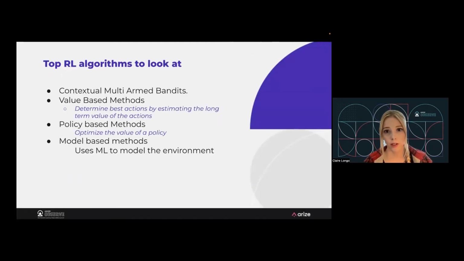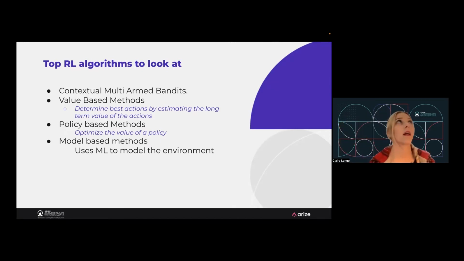So if we're going to go further down the path of using reinforcement learning as a recommender system, there are quite a lot of algorithms to choose from. The first one I would start with is contextual multi-arm bandits. Multi-arm bandits is a very simple reinforcement learning algorithm, and the contextual multi-arm bandits leverage both the user and item data. So it kind of allows us to have a hybrid recommender system that's going to use all the data available to us to make the most personalized recommendations possible. But it's still reinforcement learning, so it has that live explore exploit kind of trade-off. It's a really simple algorithm, but I like to start there.